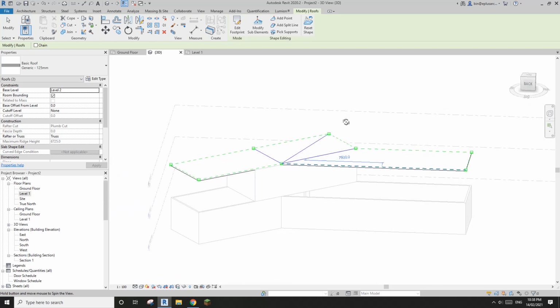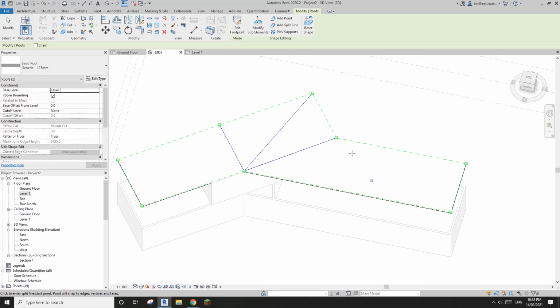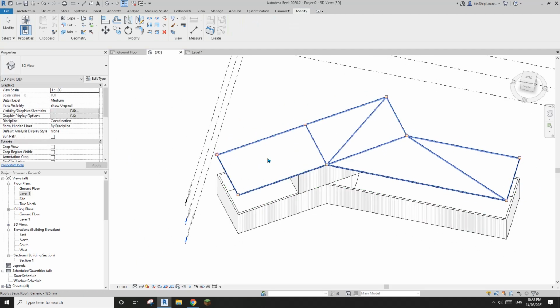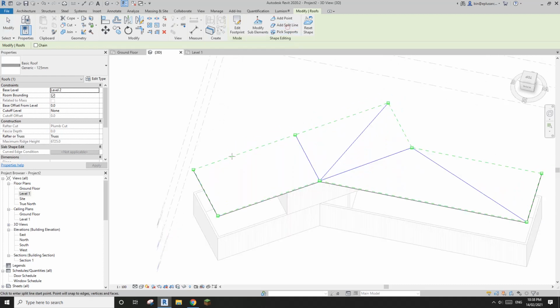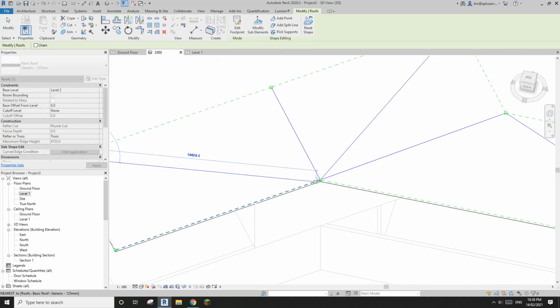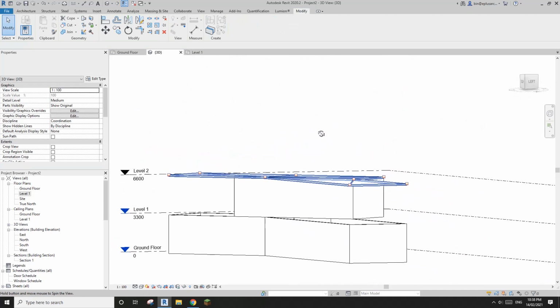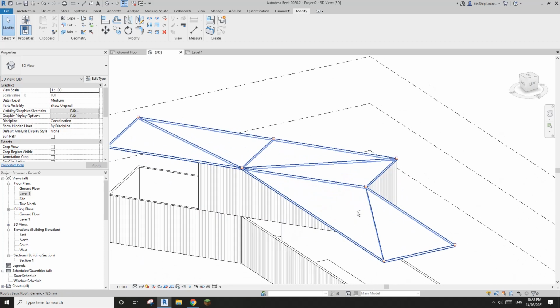Actually, what I'm going to do is add another line here, so one and two, and also another one here. Add a split line, another one here to here, and I think this will help us to